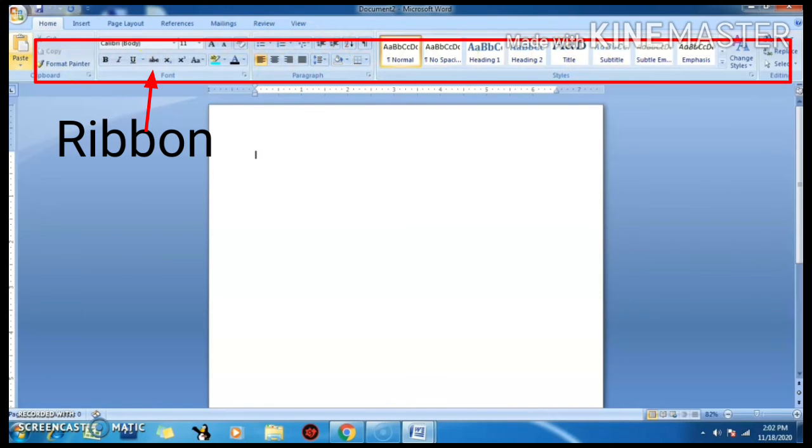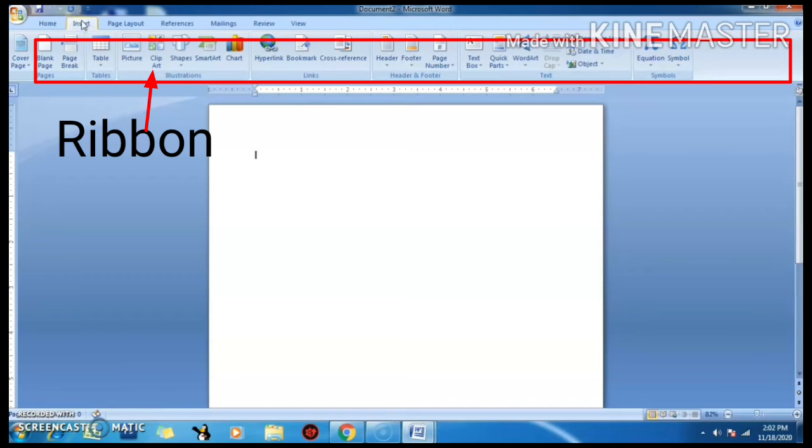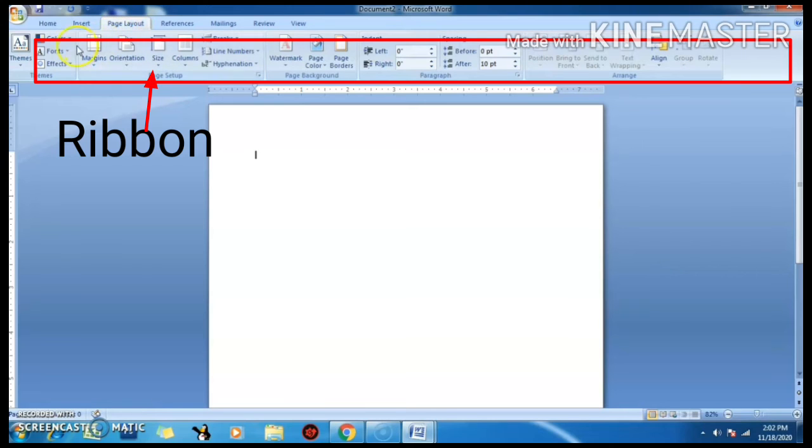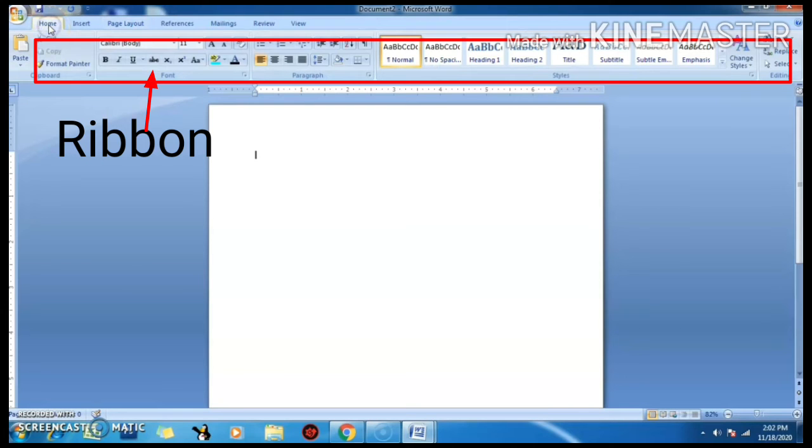See, I will show you. So this is the ribbon of Home. Then the next tab has these ribbons. See, and the Page Layout tab has these ribbons. So what are ribbons? That is the area which contains tools and commands for working on Microsoft Word.